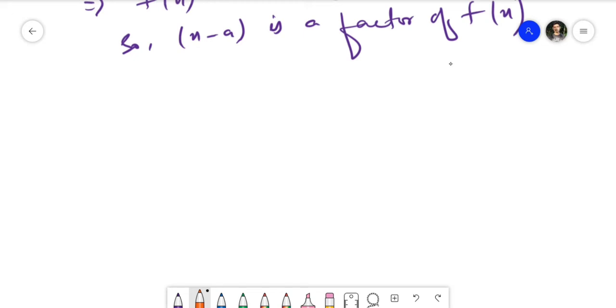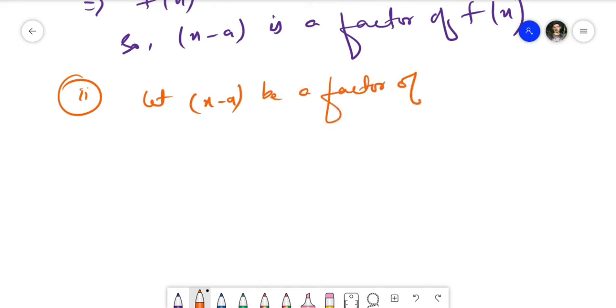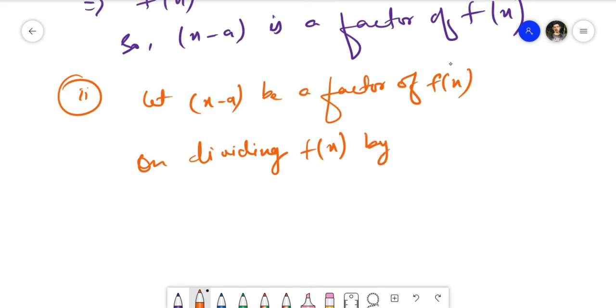नंबर 2, okay. लेट हम मान लेते हैं x minus a be a factor of f of x, फैक्टर है तो डिवाइड हो गए, है ना। On dividing, you see you need to understand each and every meaning of thing. फैक्टर अगर पता नहीं है तो फिर से सोचोगे मैं क्या कर रहा हूँ कुछ, तो मैथ्स यहीं पे टफ बन जाता है, okay. So try to understand x minus a, ये हमारा हो गया, क्योंकि अभी डिवाइड करना पड़ेगा, है ना, क्योंकि हमने कह दिया कि फैक्टर है, क्योंकि हमने लेफ्ट कहा है, मतलब हम लोग मान रहे हैं, okay, we are just supposing that this is a factor,